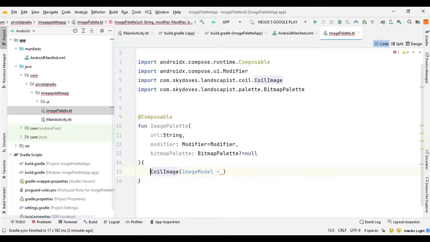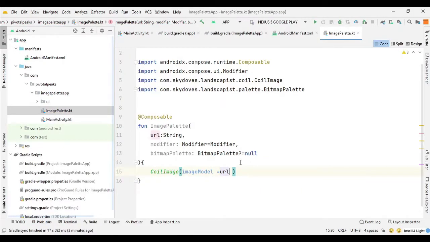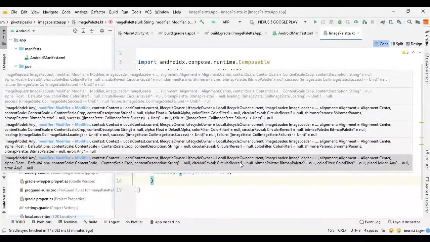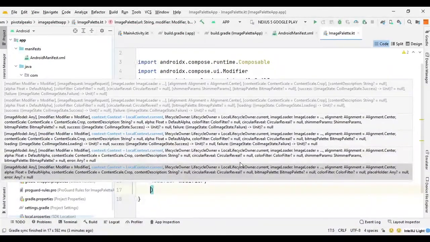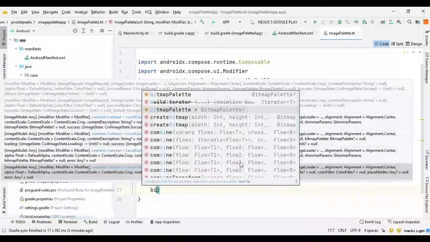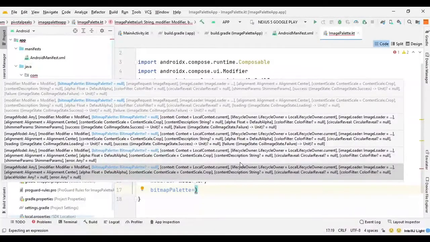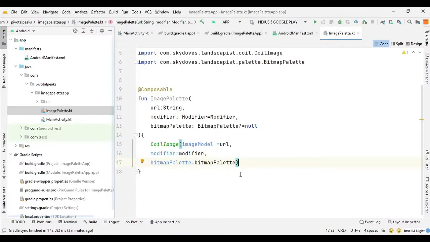And for imageModel we can pass the URL, and we need the modifier as a second argument. So we can say modifier equals modifier, and for the third argument we can use the bitmapPalette. So we can say bitmapPalette equal bitmapPalette, and we are done with this file.